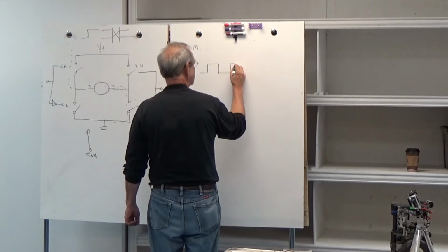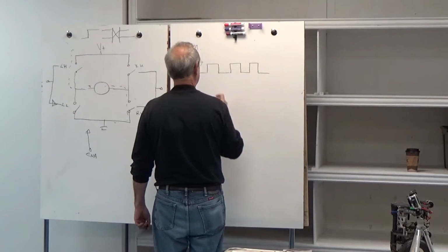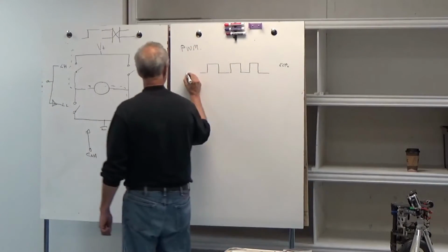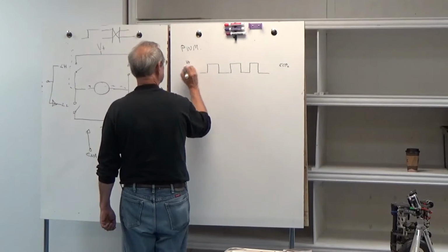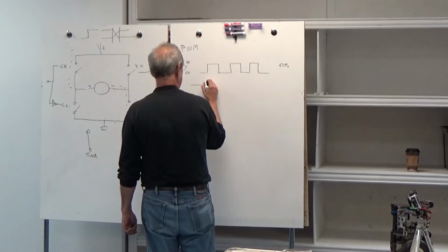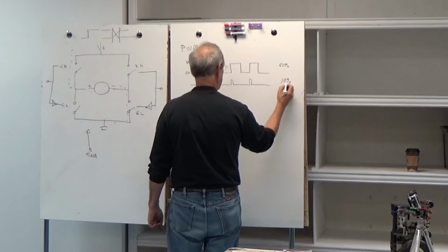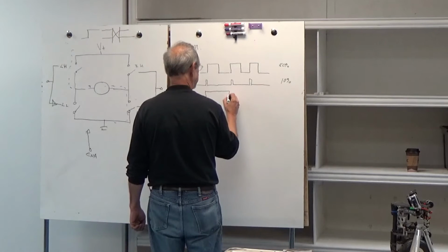So just to be clear, we're going to send it something that looks like this. We'll talk in a minute about what the frequency of that is. So this is a pulse width, and this is about a 50% pulse width. That is, it's on about half the time, and off about half the time. So we call this 0 volts and whatever volts plus. If we were to do the same thing and say we wanted a 10% pulse width, or an 80% pulse width,